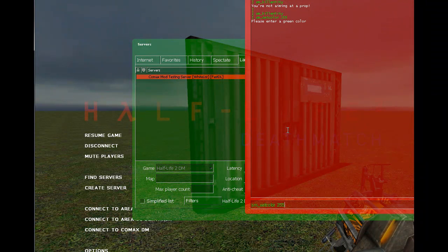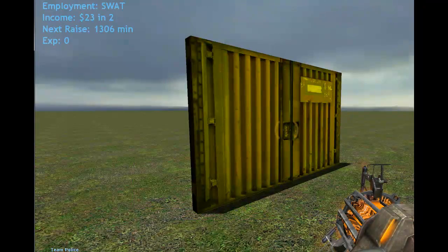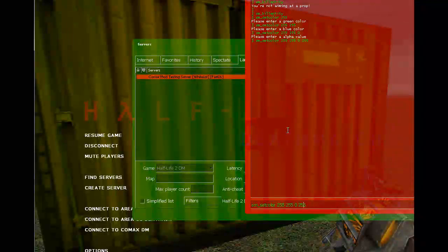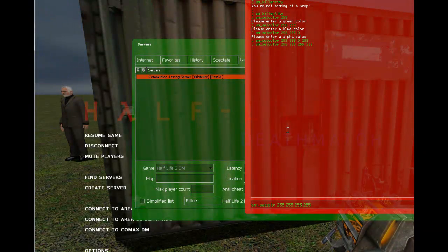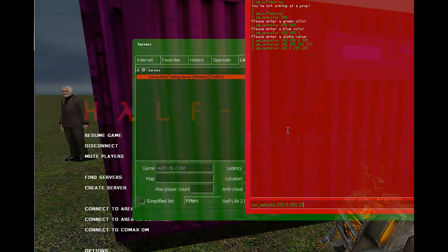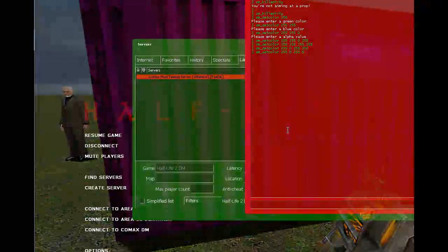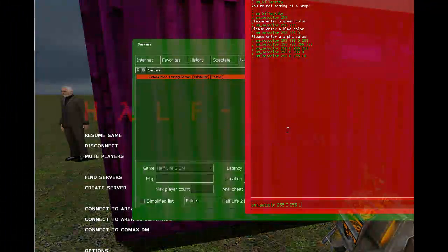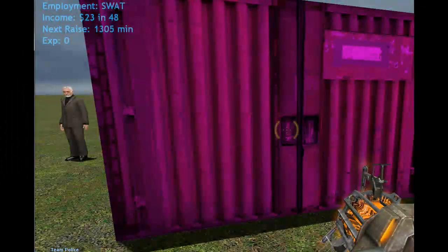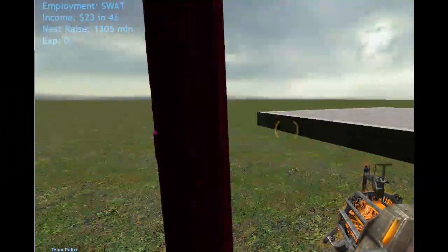Now let's check set color. 255, it says please enter a green value, blue, and an alpha. And if we do that, as you can see, we get a different color on this entity. To restart to default, type 255 on all of these, and as you can see, it really works pretty good, pretty cool. I don't see any difference here, but